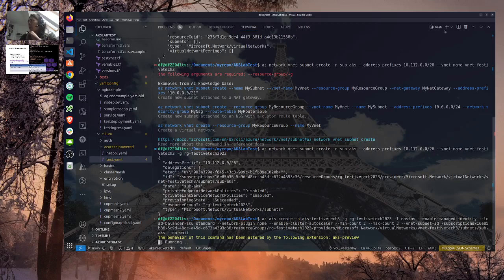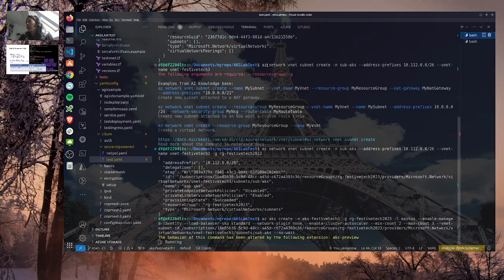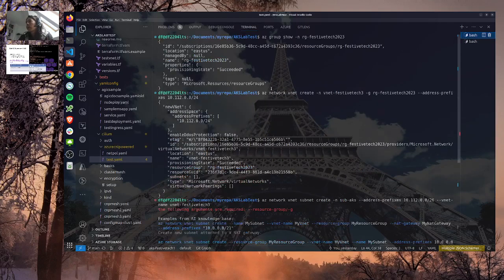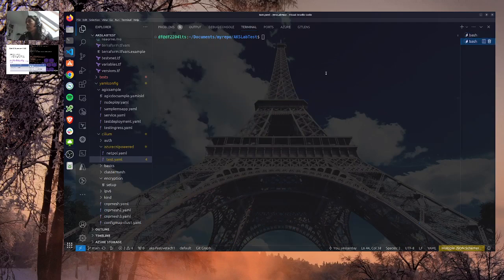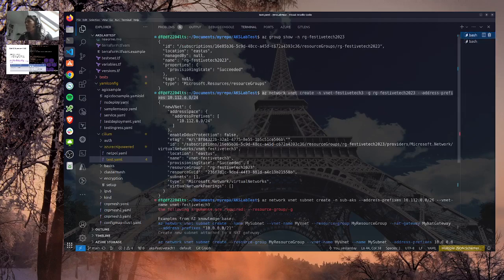In the meantime, we can prepare the same resource, the same command. This time let's create another VNet, then another subnet.